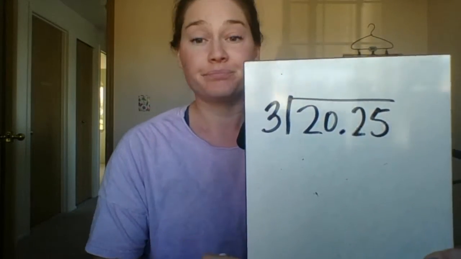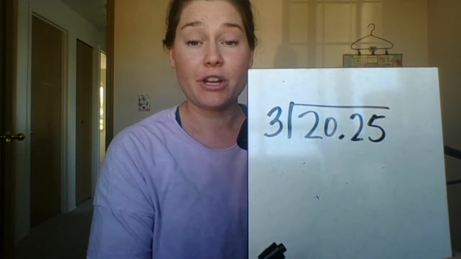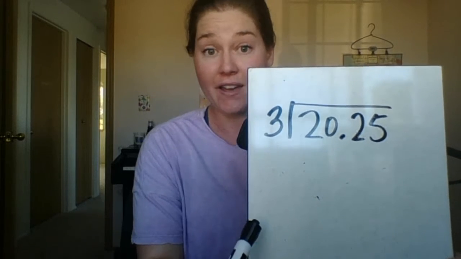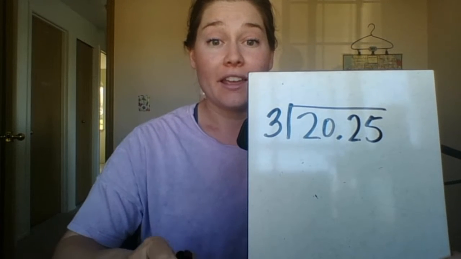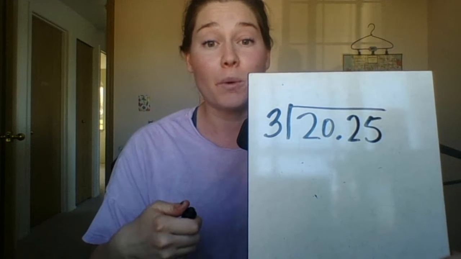decimal in your dividend. So I'm actually on page 161 of your Math Expressions book, and I'm walking through the example that they feature, the big one. So first things first, we notice that 20.25 has a decimal point. What's different about dividing with a decimal point is that you have to keep that decimal point in the same